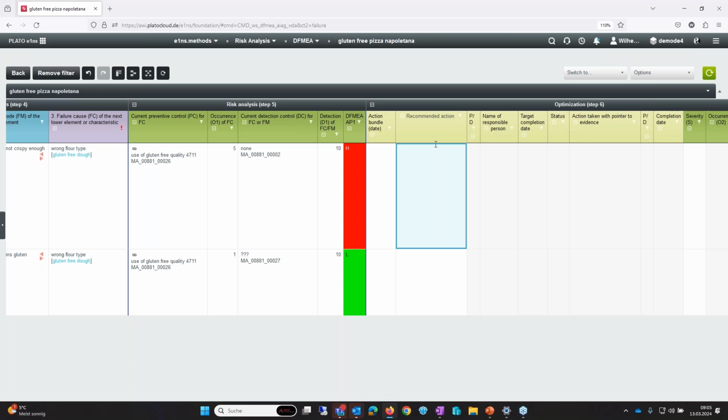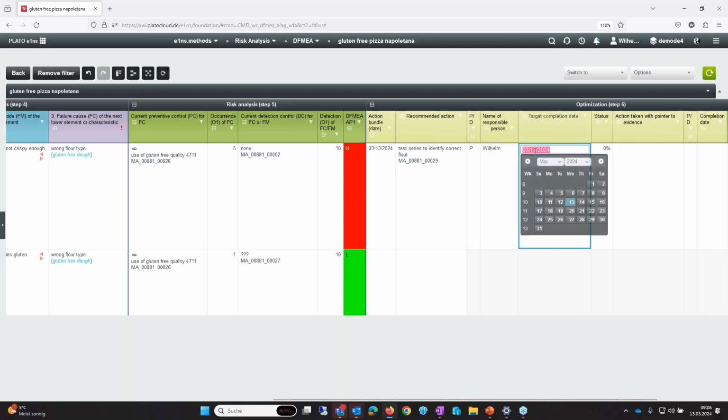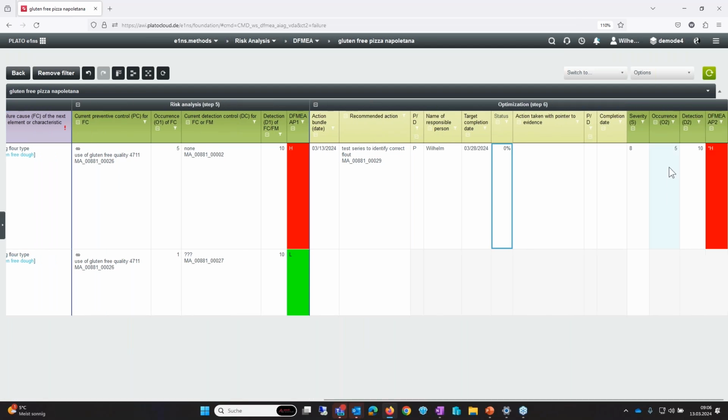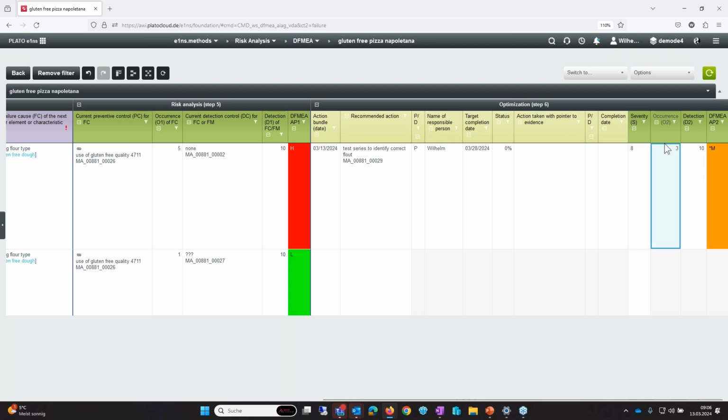So I can add here a test series to identify the correct flour. This is a preventive action to make sure that this flour type works for us. So responsible is me, of course, and the target completion date. Well, let's choose any date, and let's say that we hopefully come to a medium occurrence rating,